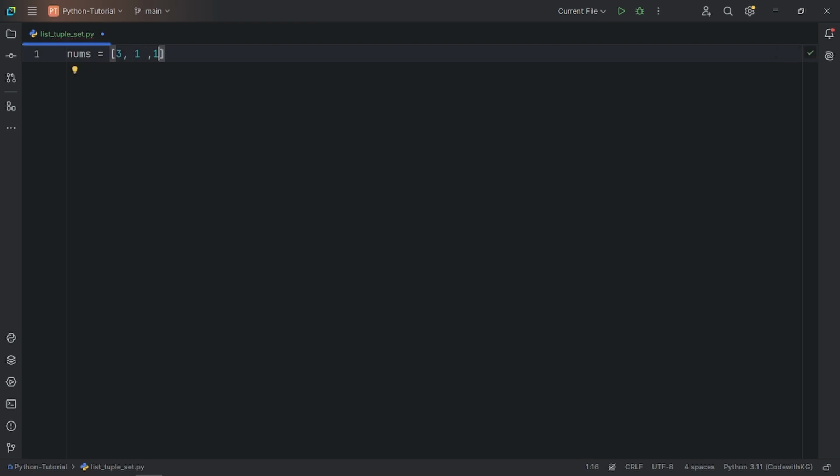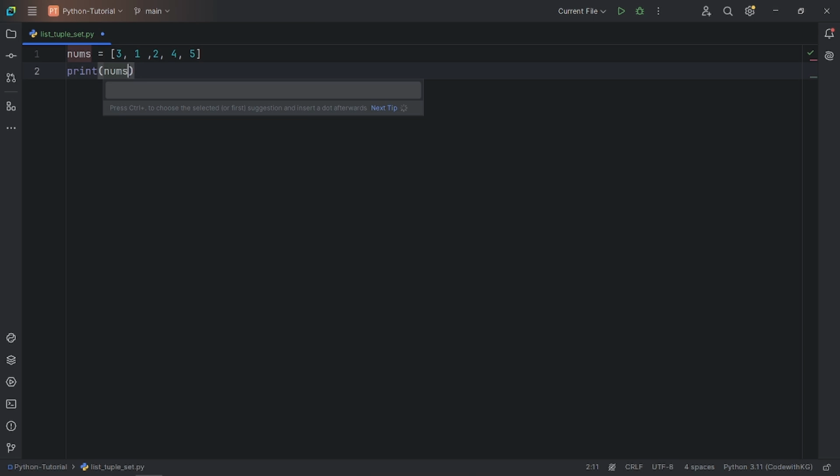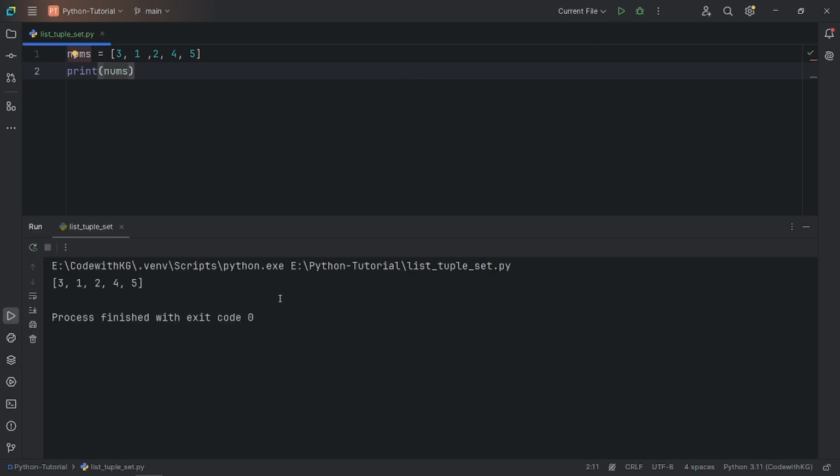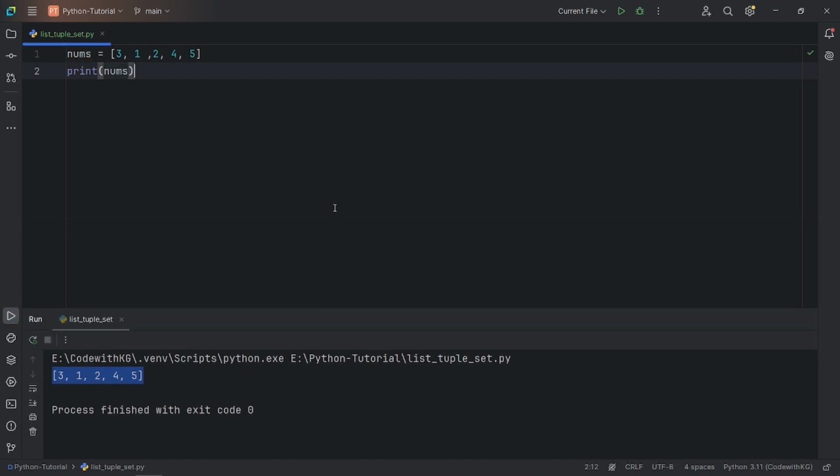To create the list, मैं यहाँ पे सबसे पहले एक लिस्ट क्रिएट कर लेता हूँ जो कि होगा something like this, okay, 3, 2, 1, 4 and 5, and I'm just going to print this list here. Okay, so if I run this code then you can see here यहाँ पर जो है हमारा जो भी लिस्ट था वो यहाँ पे प्रिंट हो गया है।